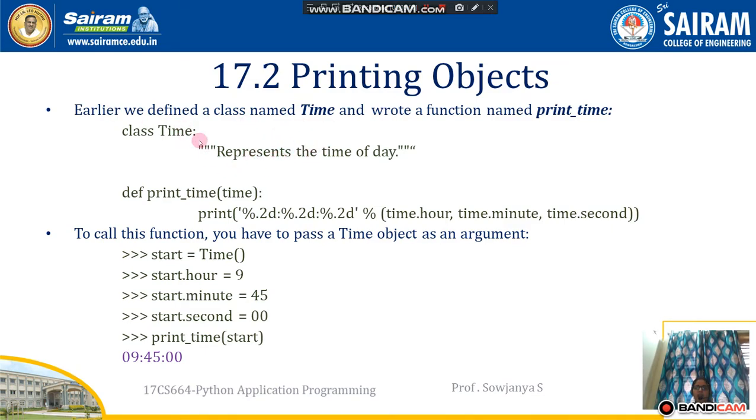Now this is the body of this code. Okay, and this is the header. Okay, what does this represent? It represents the time. We want the time of a particular day. Okay, how do you print that one?